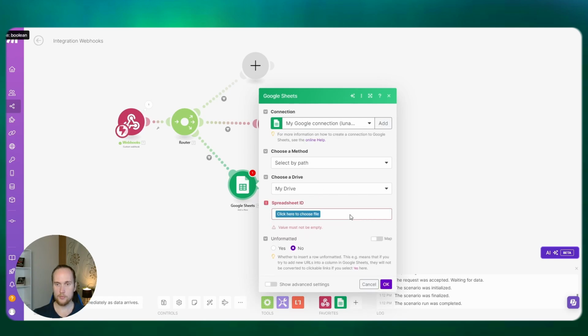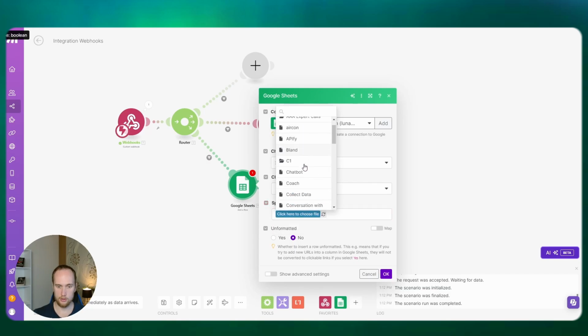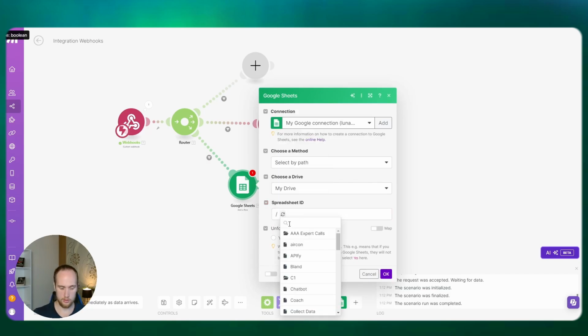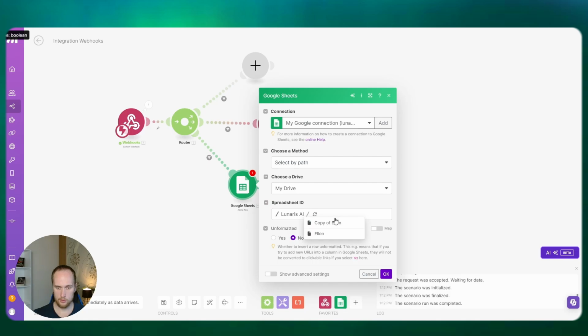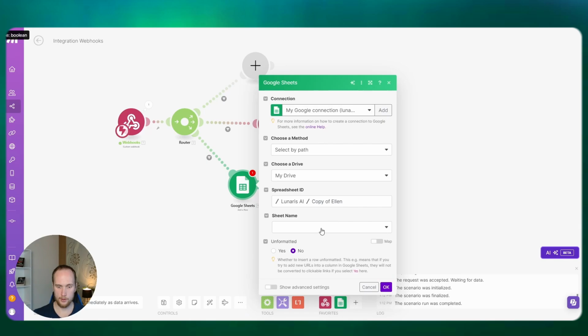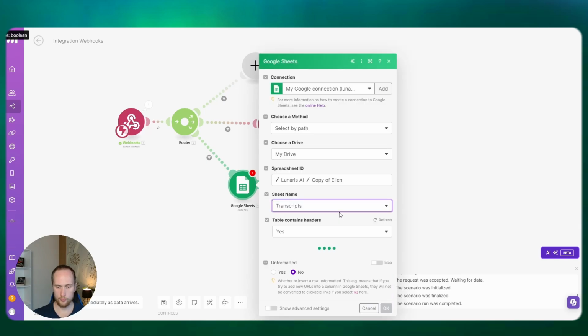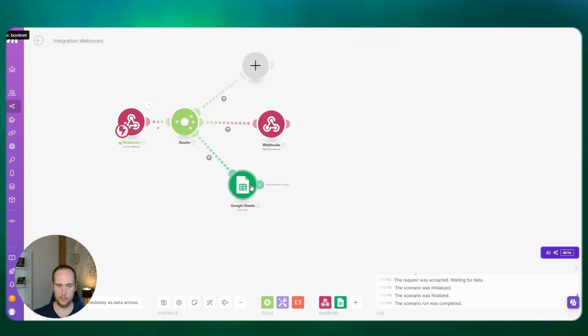Okay. So maybe go into the document where I have all the links to all the things that you need, and then just copy that over, jump into here, and set up your whole sheet. I've already got it. I've got a folder for this sort of stuff, so I recommend saving in a folder, and then I've got a copy of Ellen. So that's where this is going to go. And transcripts. In a sec, we'll fill all this out, so leave that blank for now.